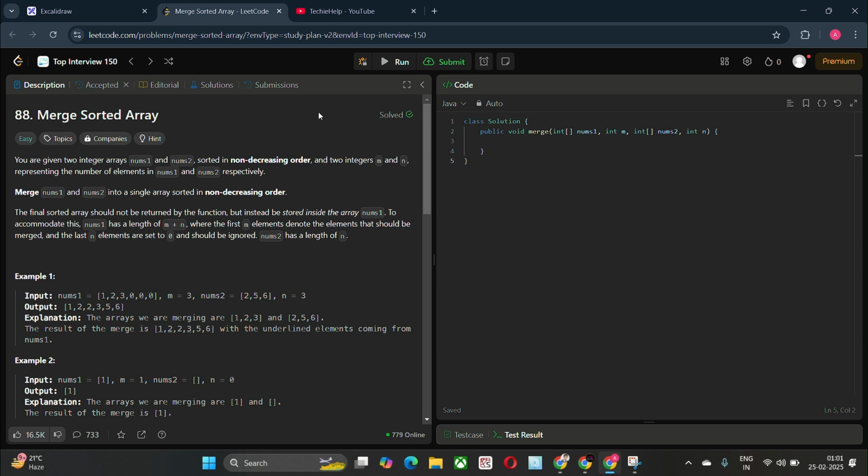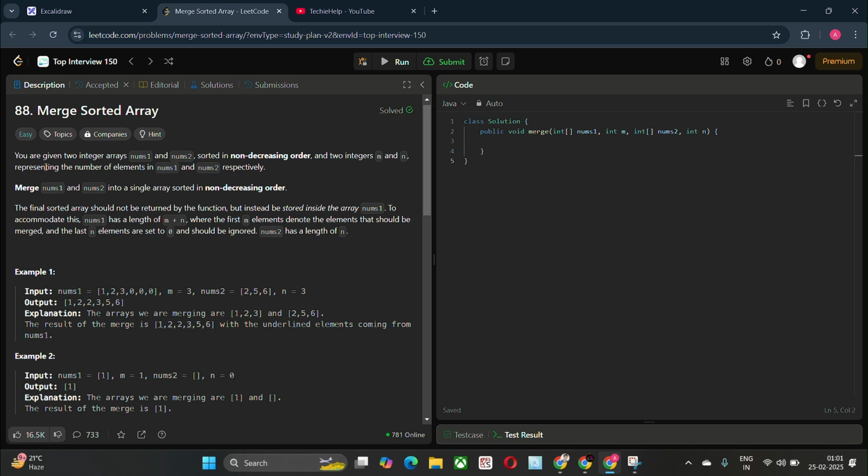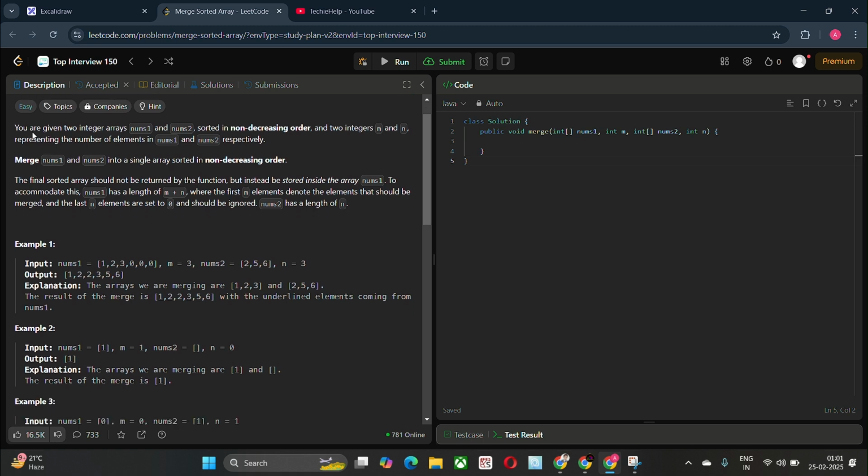Merge Sorted Array. Okay, so our Top Interview 150 question, question number 88. The first question is Merge Sorted Array. In the description, you are given two integer arrays nums1 and nums2 sorted in non-decreasing order, and two integers m and n representing the number of elements in nums1 and nums2 respectively.